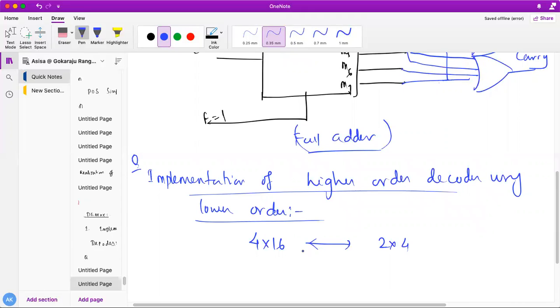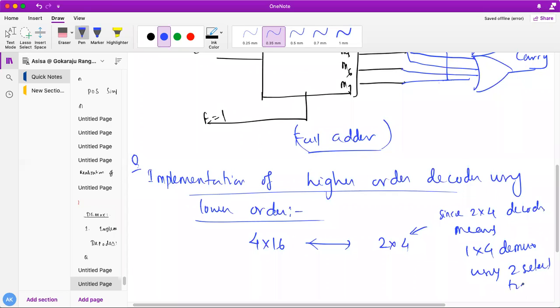How many decoders do I actually need, students? Very simple. You just need to take some number of 2x4 decoders. You know that a 2x4 decoder means a 1x4 demux using 2 select lines. Am I correct? Two select lines.